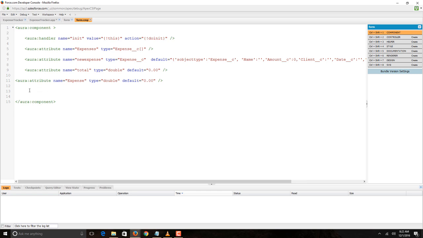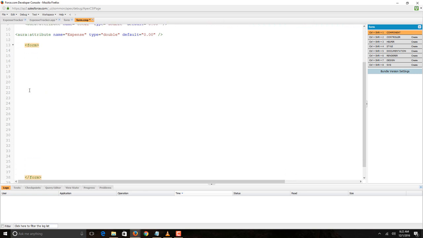So now we will design the form on which we will be taking the user input. You know, in a VF page as well, whenever we have to take user input, it should be enclosed within form tags. Okay, so let's design a UI component. First, ui:inputText to input the name of the expense, if the user wants to give some name to the expense,